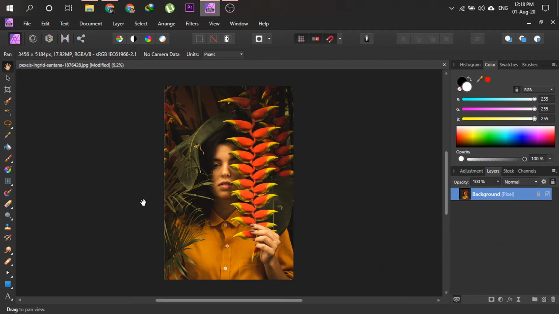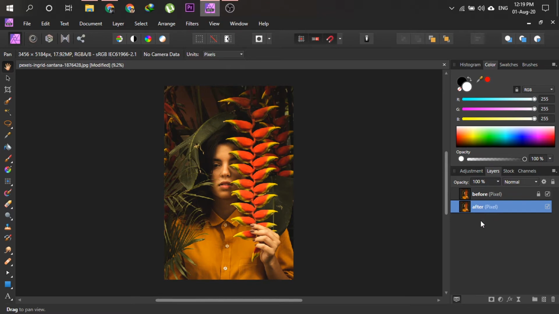Now if you already have an image that you want to work with, you can open it in Affinity, or you can download this image from the link given in the description below. I already opened this image in Affinity, and the very first thing that I am going to do is of course make a duplicate copy of the background. The sole reason behind doing this is to see the before and after of the editing. I made a duplicate copy of the background by pressing Command or Control J and renamed them before and after. Now I'm going to work on this after layer.